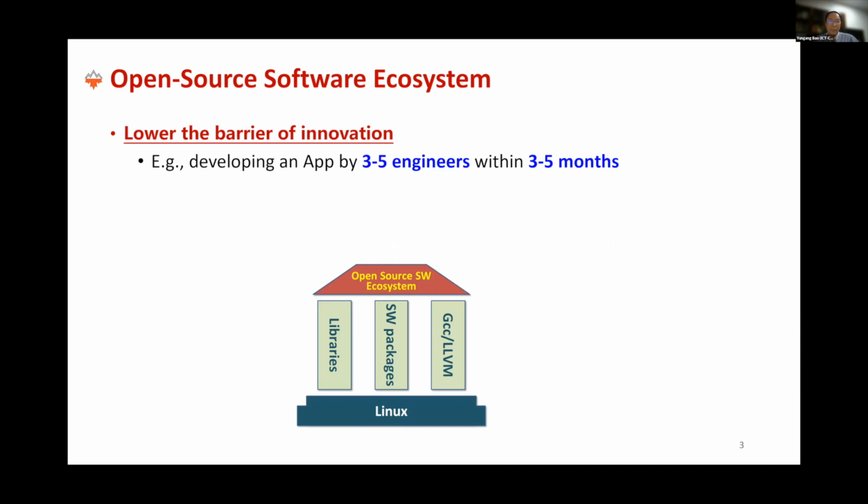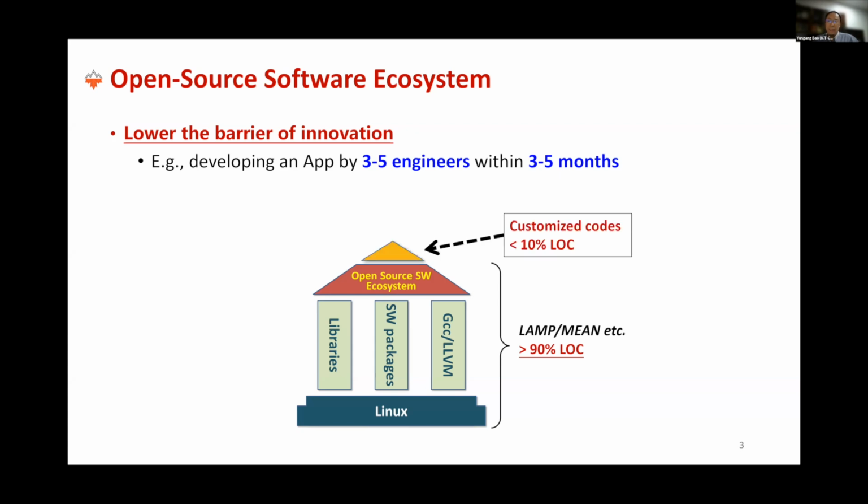For example, today, if we want to develop a smartphone app, we can leverage many open source components, such as Linux, Apache, MySQL, or PHP. With those open source components, probably 90% of lines of code can be freely accessed, and we only need to program less than 10% of lines of code to customize our